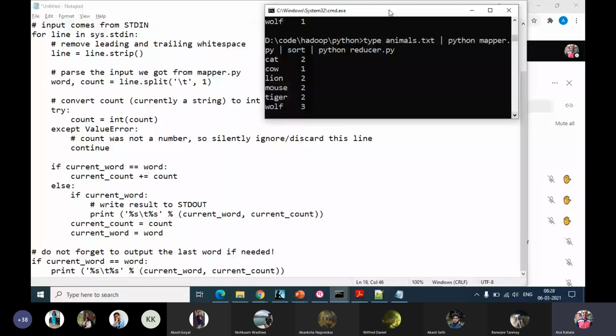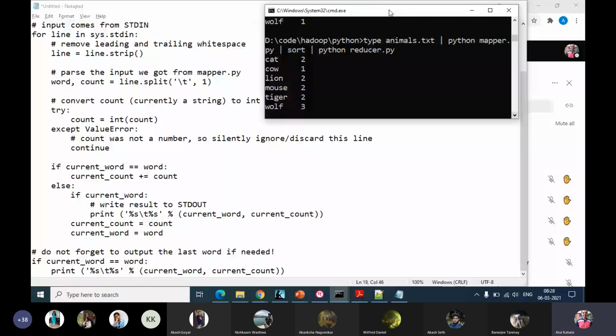What we are trying currently is outside of Hadoop, that is, on the local file called animals.txt. Once that is successful, we will attempt to run this inside HDFS. But currently we are trying the first step, which is to get it to work locally, on our local machine, not inside HDFS.